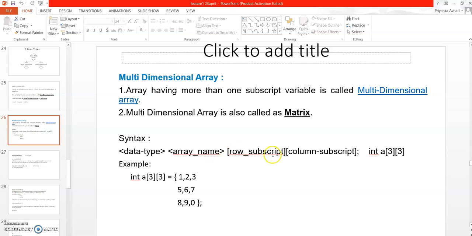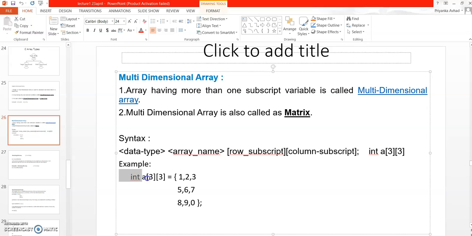First one is the row subscript and second one is the column subscript. So consider one example, integer a of 3 by 3. The first 3 is for rows and the next 3 is for columns. That means it has 3 rows and 3 columns. So we can accept this as a 3 by 3 matrix.